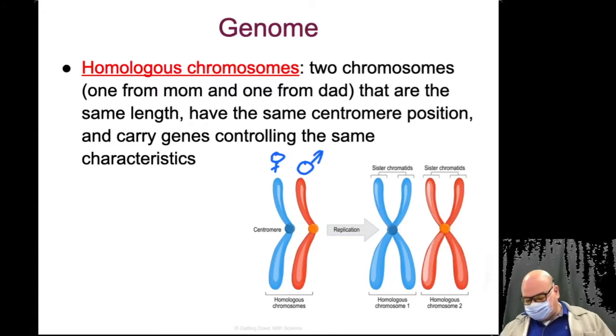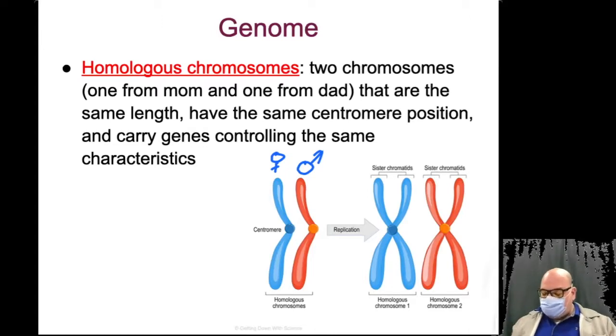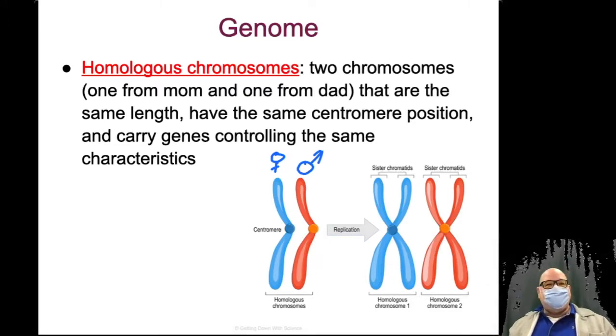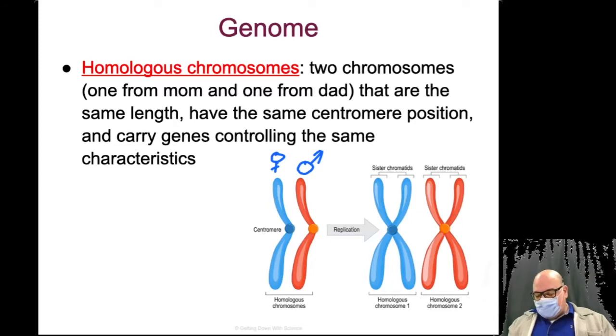Usually dads are blue, but I went backwards this time. So, on that chromosome, dad may have given you a gene for, now I want to stress this, eye color is controlled by more than one gene, but let's just simplify it for a second. Dad may have given you a gene for blue eyes, and mom may have given you a gene for, I don't know, we'll go brown eyes. I know the colors aren't working out here.